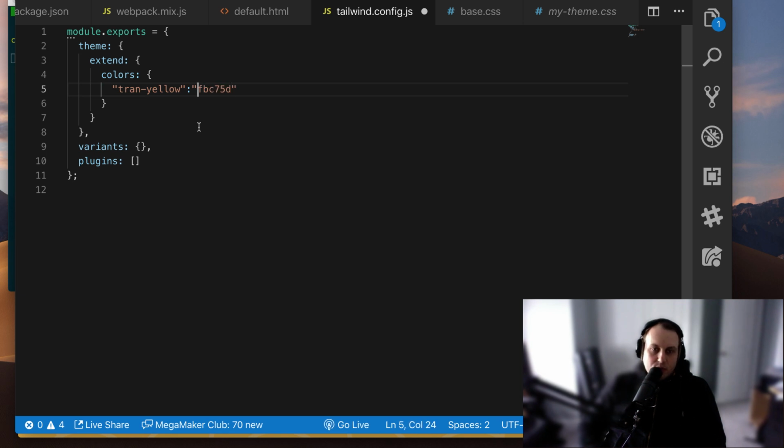So what you're saying here by using the extend keyword is anything that you put under extend is going to be stuff that gets added in addition to the stuff that comes with Tailwind. So you'll still have all of Tailwind's colors plus this tran-yellow color. If you wanted to completely replace Tailwind's colors, which is pretty common, like you're working with a designer who gives you a color palette for the project, like maybe even the guy who did your site has a branding